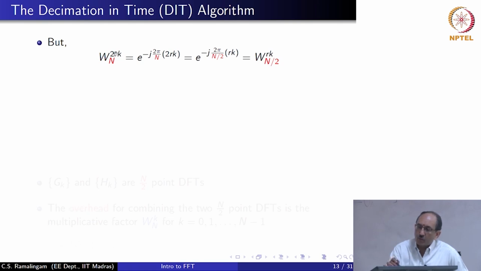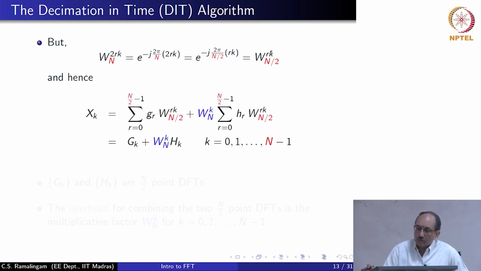So, W_N power 2rk is nothing but W_(N by 2) power rk. Once you realize this, then the first term is nothing but the n by 2 point DFT of g, and the second term is nothing but the n by 2 point DFT of the sequence h. So these are valid DFTs by themselves, and to get the final transform you need to add these individual DFTs,